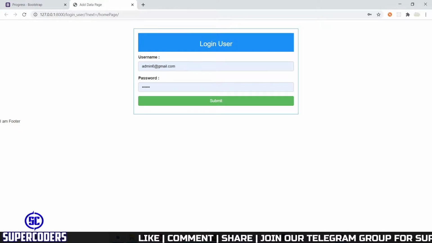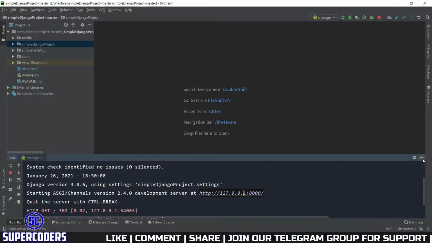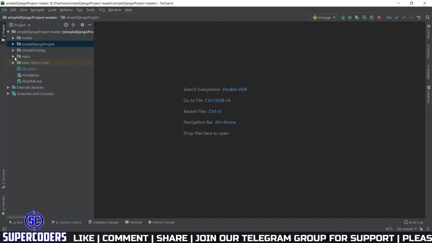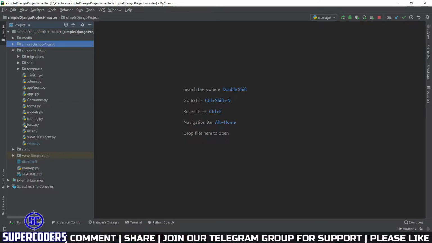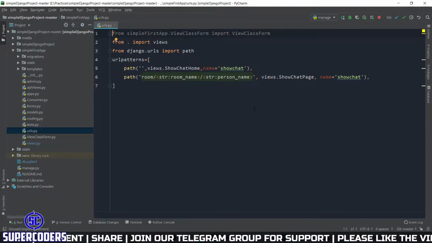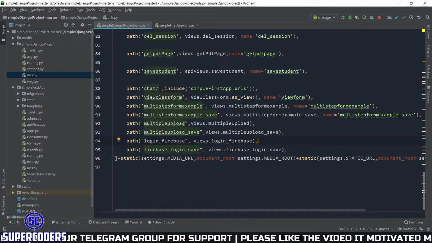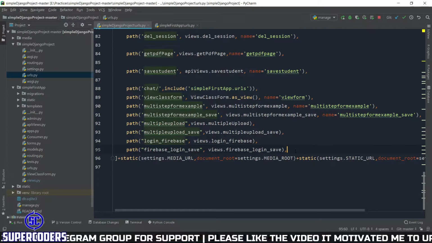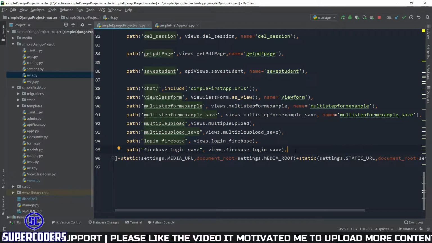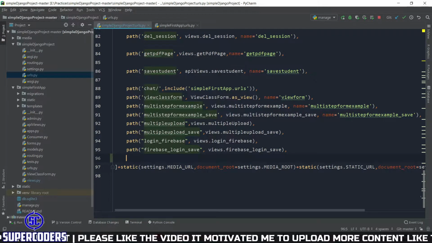So first back to PyCharm again. And let's close it. After that open your app. Then open URLs. And open your project. Click on URLs. Now after that let's add some route for your file uploading using Ajax and progress bar. So let's add it. So first let's create path.